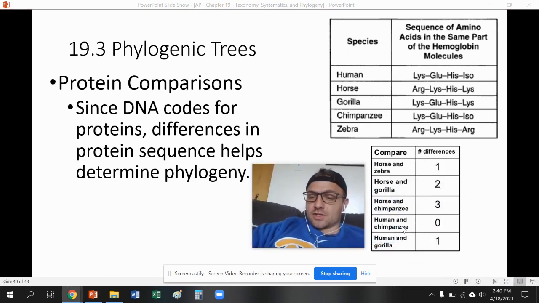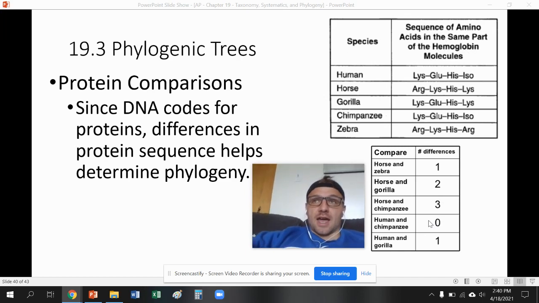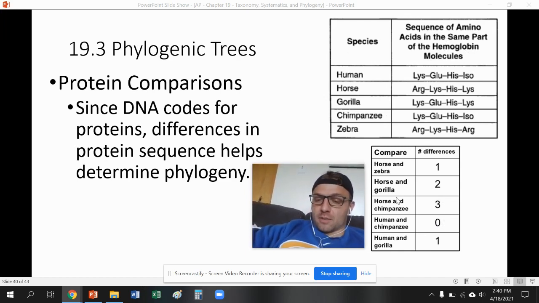Like between us and chimpanzees, this hemoglobin gene is exactly the same, which we would expect. We would expect a human and chimpanzee to have very similar genetics and create a protein that's very similar because we have a recent common ancestor. Same with horses and zebras, or the horse and gorilla. We can see that